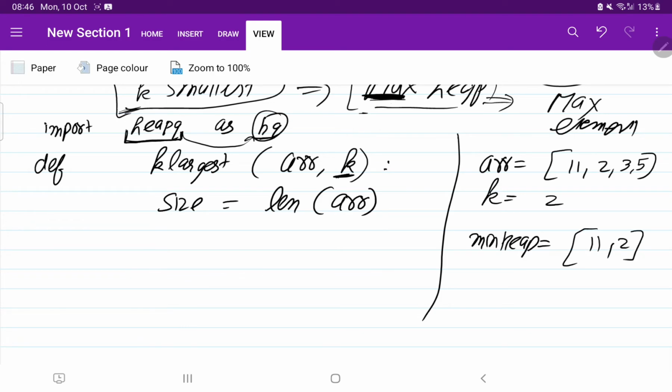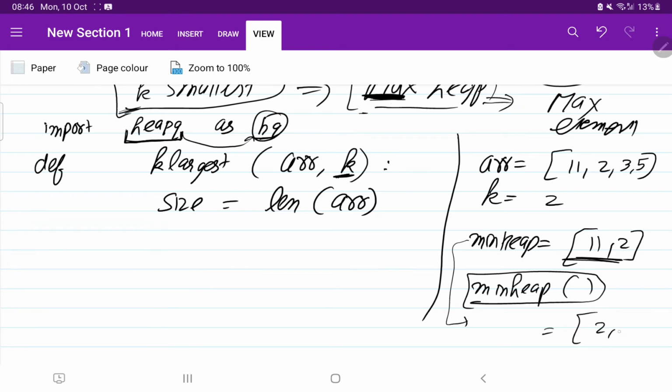Okay, now I will use the function min heap. So what the min heap function will do, it will heapify the heap. So it is going to sort the elements like this, 2 and 11. Suppose here if the value is 3, so here we have suppose 3 elements. So what it will do, it will just take the minimum element at the top. Okay, it will be sorted like this. Perfect, I think you got it. What min heap will do, it will bring the minimum element at the top.